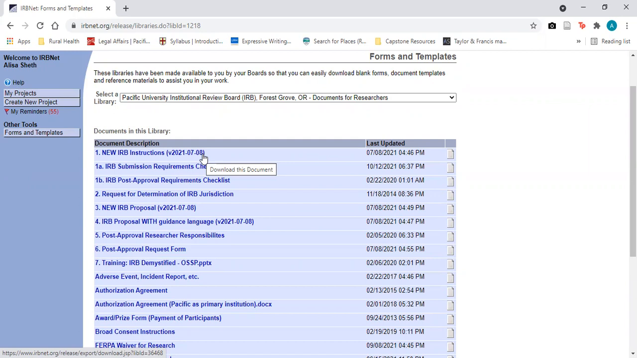Okay, so if you are thinking about doing a case study, you will go to this document, Request for Determination of IRB Jurisdiction. This is a very short document where you'll basically provide a brief description of your case study, the population you're hoping to work with, and any other details you want to share about that. So you would submit this document after filling it out,